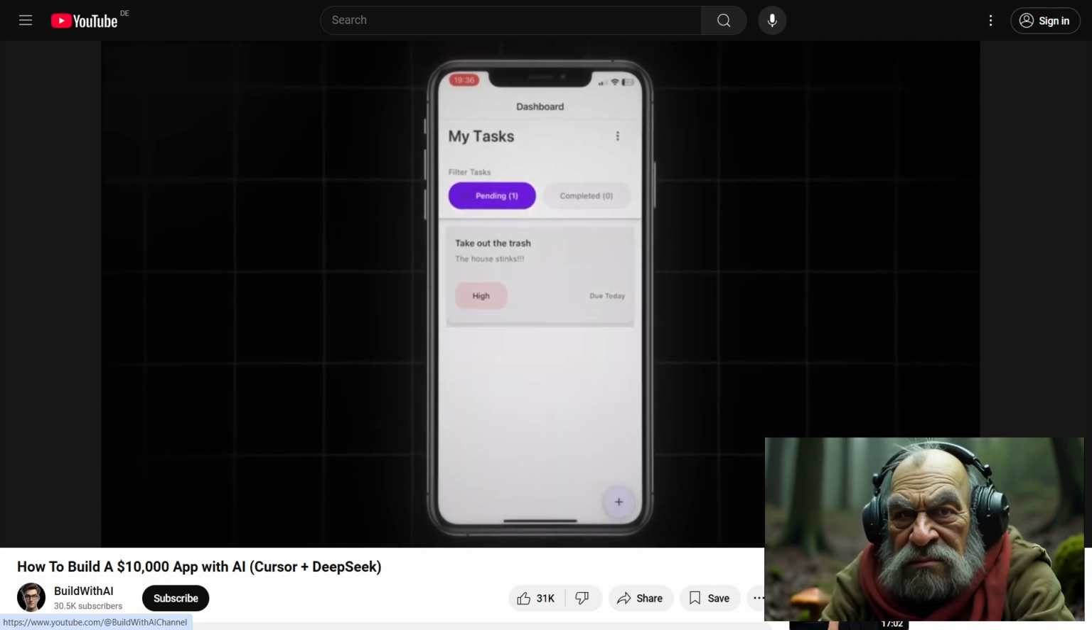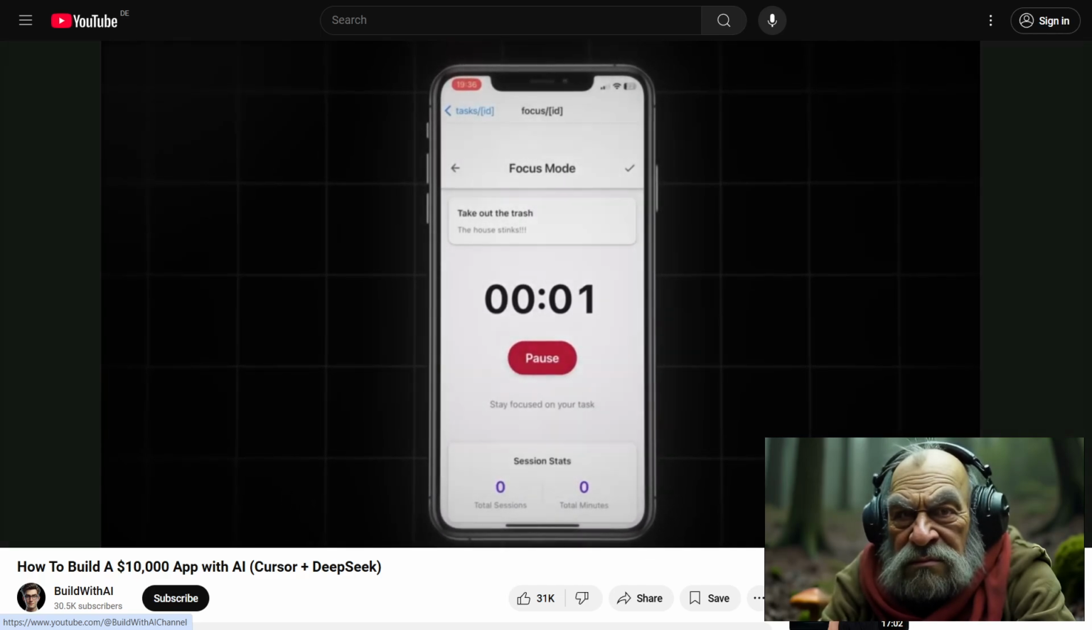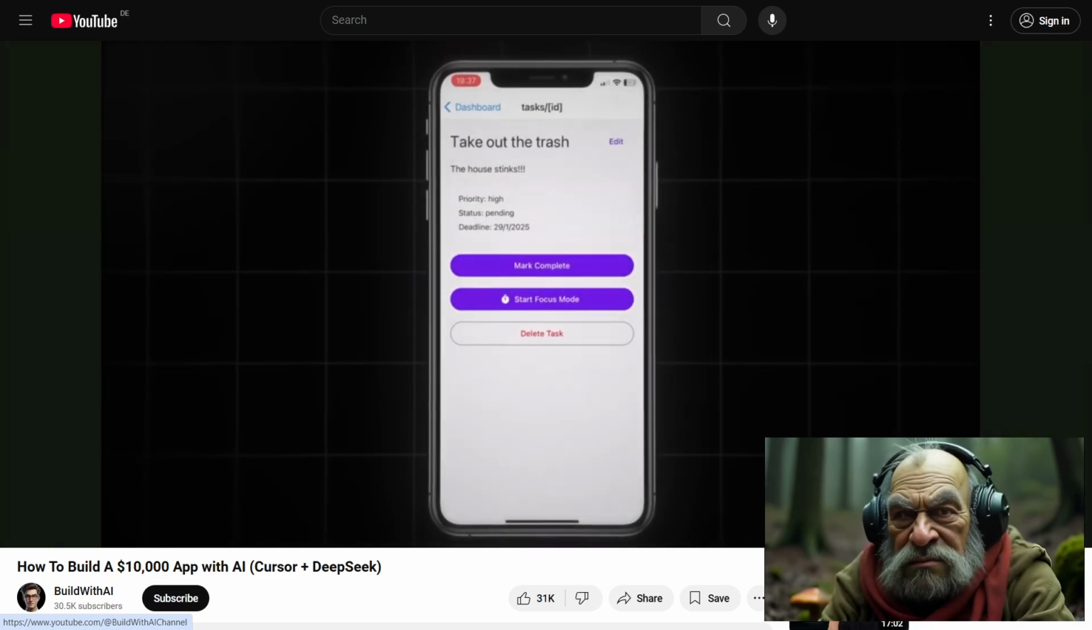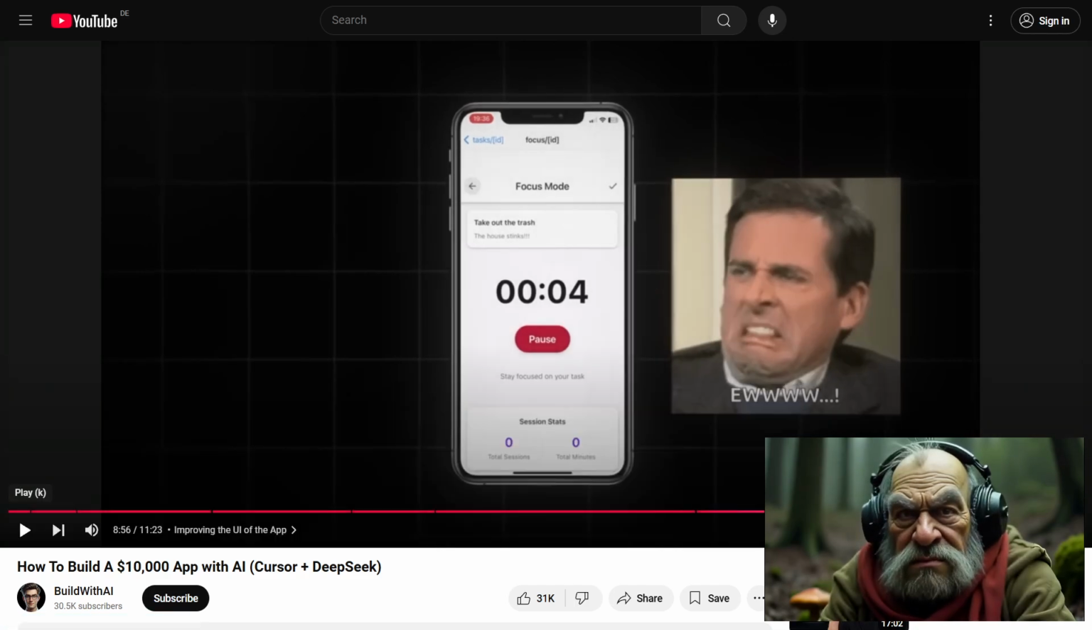And now, if we click on the task, we can start the focus timer, which then counts how much time you've spent on this specific task, and we can also mark it as complete. As you can see, the app does not look good yet, so